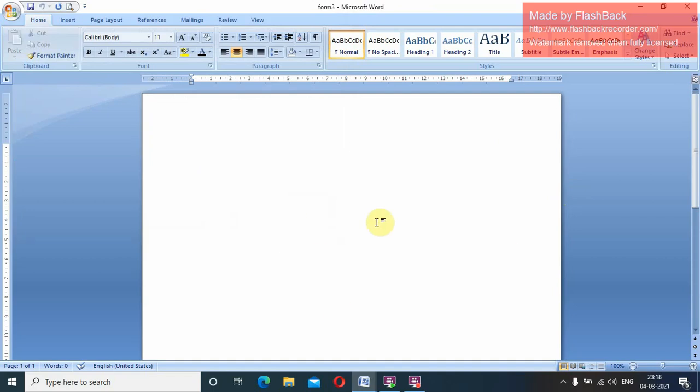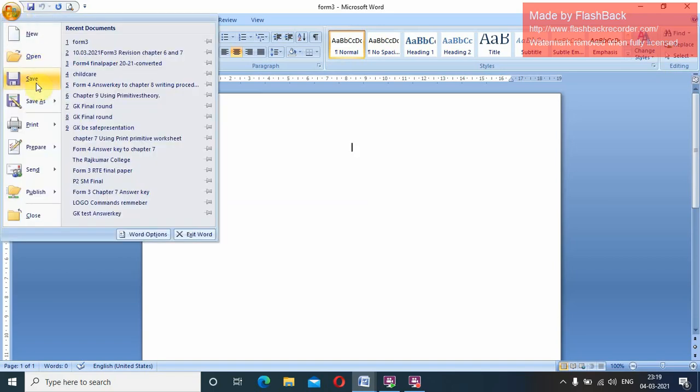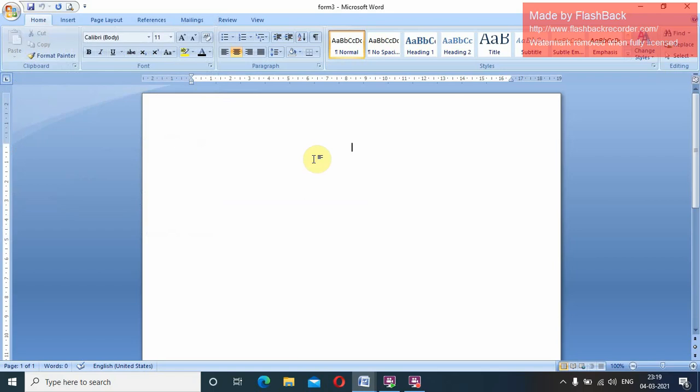Then Control S I have done to save the file, or you can go to the quick access toolbar and save, right? Even you can go to the office button, where the save option is there. So these are the three ways to save the file. Same way, office button open option, Control O open.